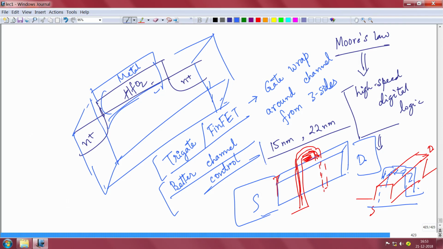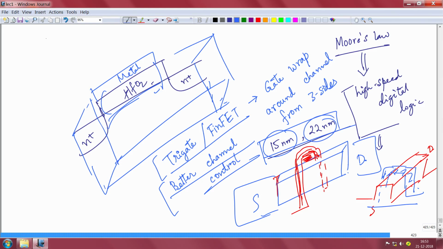The digital planar CMOS logic is used, but not in 15 and 20 nanometer nodes. If you have large devices like 180 nanometer, maybe a few microns, you still use CMOS there, but all these devices like 15 nanometer, 22 nanometer, people actually use FinFET and tri-gate architectures for your commercial devices. Okay. So this is basically about high speed digital logic. That's pretty much about high speed digital logic. We have finished whatever we wanted to do.